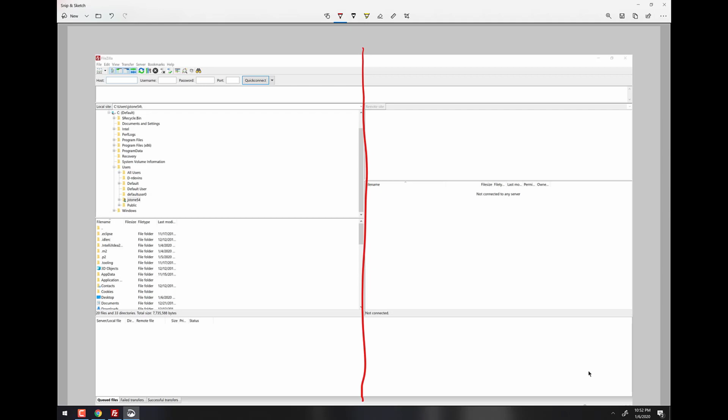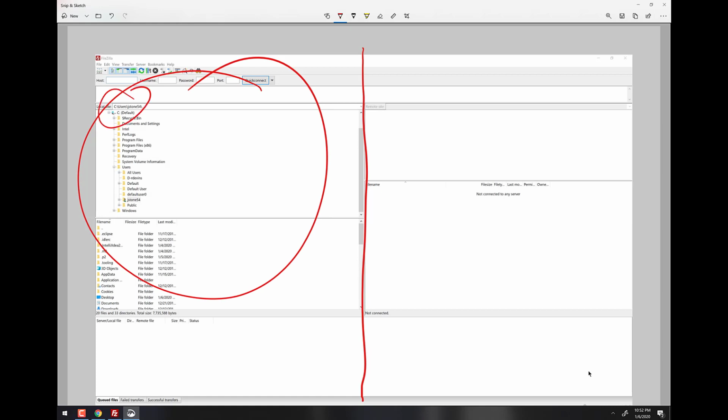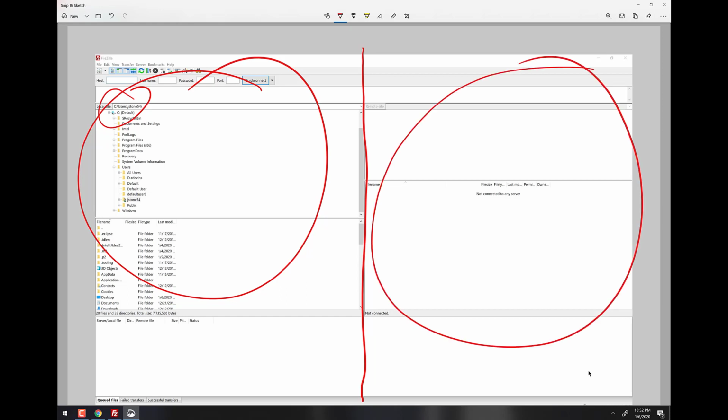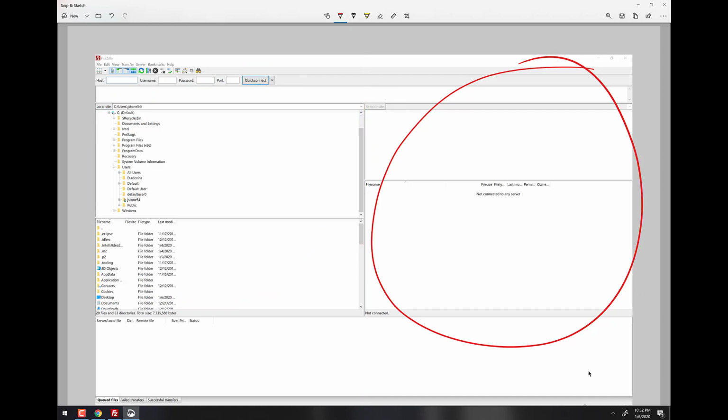And what you'll find is over here, on this side, that's actually your local machine. You can even see right there that it has my web address or my local files. Over here is nothing at the moment. Eventually, though, that's going to be your server. And you can even see there it's grayed out, but it says remote server or remote site. So you're going to use FileZilla to bridge this gap. You're going to use it to make a connection between these two sites.